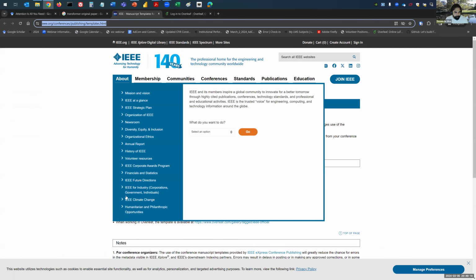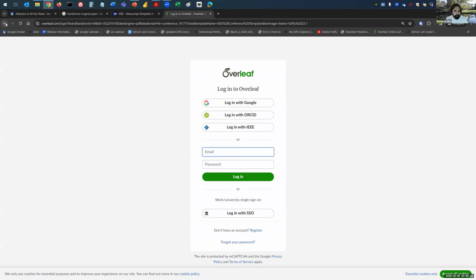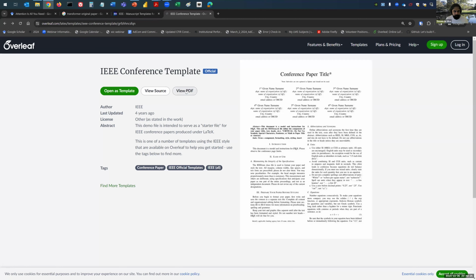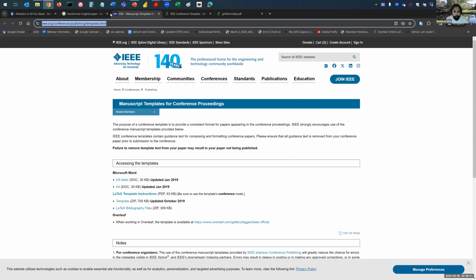Let's look at. I tried to open. Yeah. So this is the template. If you are not using Overleaf, I would recommend using Overleaf, and there is a bit of learning there as well, training, which I think Lakshita will share with you online sources for how to use Overleaf. There is also Word format. So this is the template.